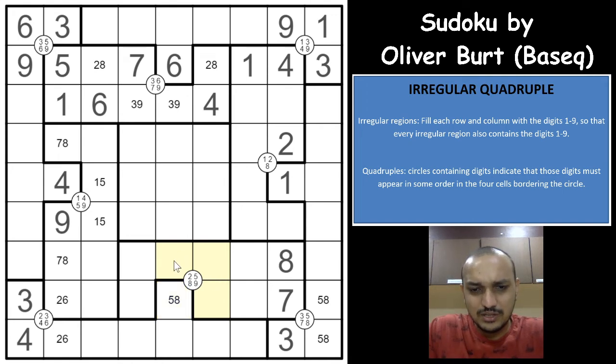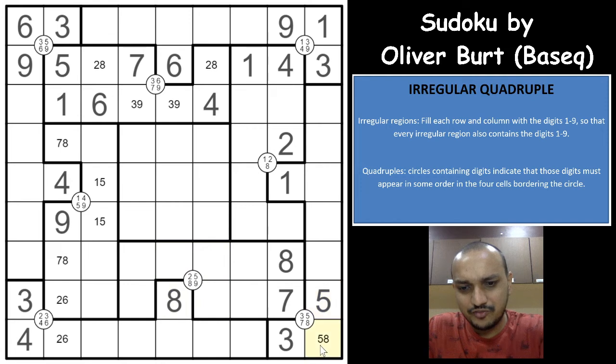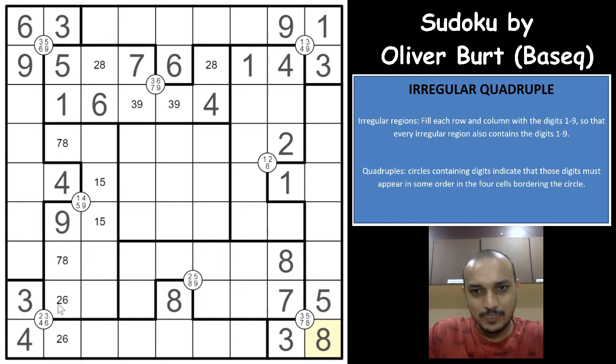If you see here, such an easy, I would not say such easy Sudoku, but such a beautifully designed Sudoku. So 8 cannot be in any of these 3 cells, and 8 has to be in one of these 4 cells. So this is an 8 here, this is a 5, this is an 8, okay, and 8 would have to be in one of these cells. So 6, 3 and 9, no. If you see this column now,